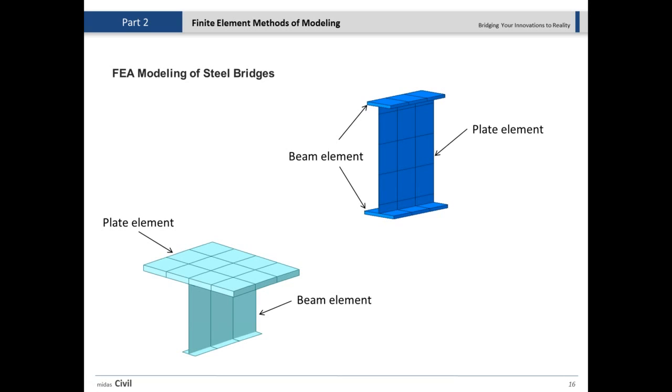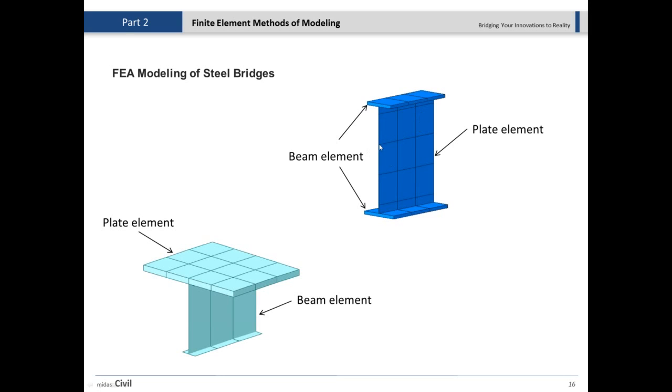What I have here for you is a hybrid method, or just using a combination of these two, using a beam and plate element at the same time for different purposes. Here I got only two models for you. In the top model, I use plate element for the web, and I use beam element for the flanges. The reason I did that is that